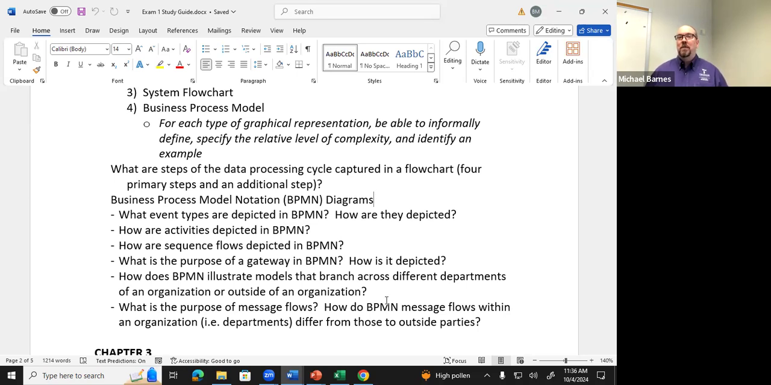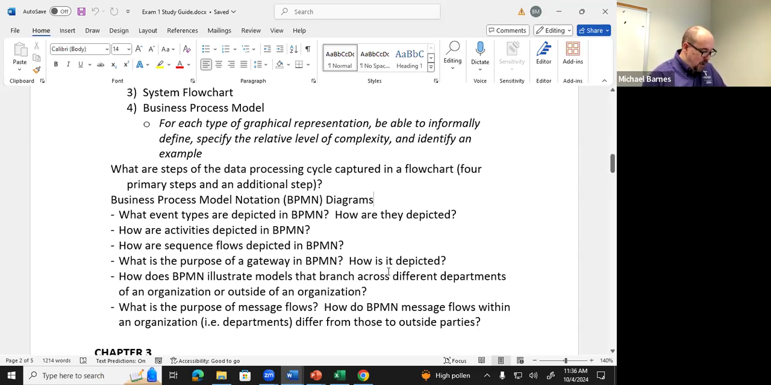Remember that in replication on the exam, all I will ask you is to replicate a simple BPMN model, which is basically a one department model. That being said, you will need to know how to interpret both multi-department models and multi-entity models, okay? So you'll need to actually understand how to interpret messages across lanes, which are departments, and then messages across pools, which are entities. So make sure you're